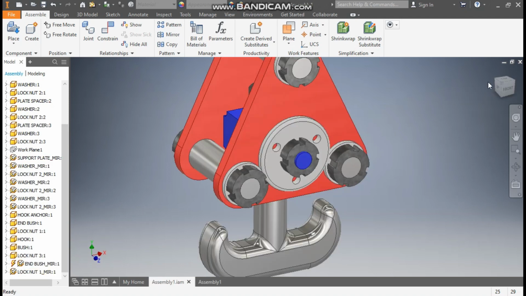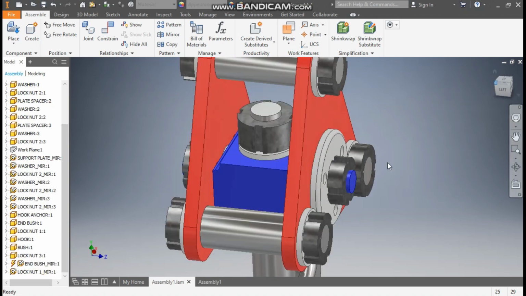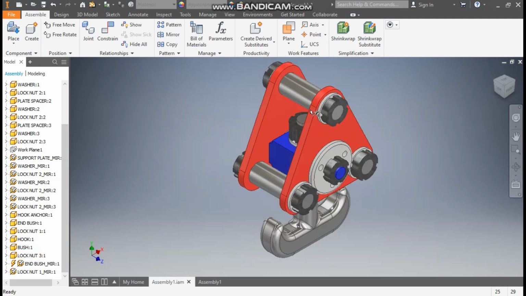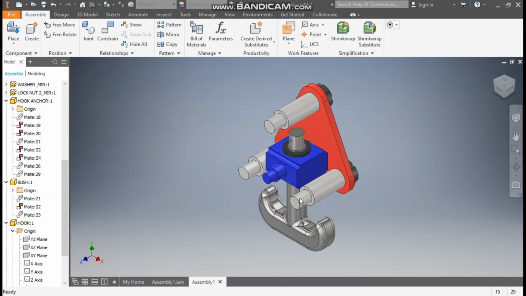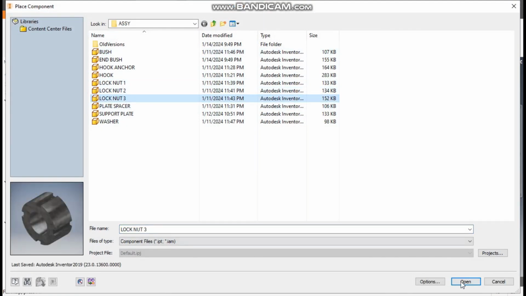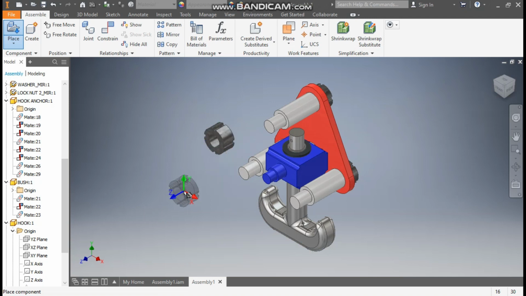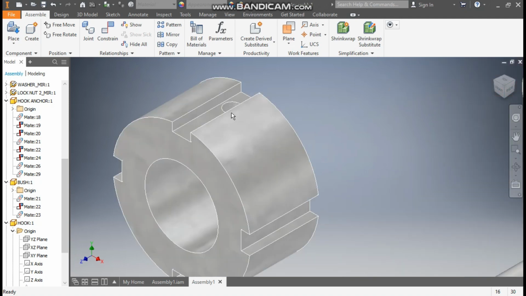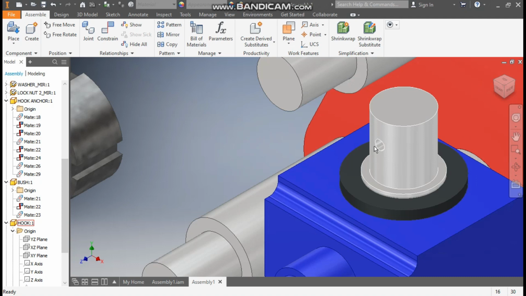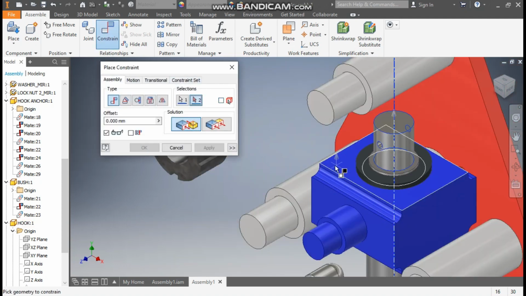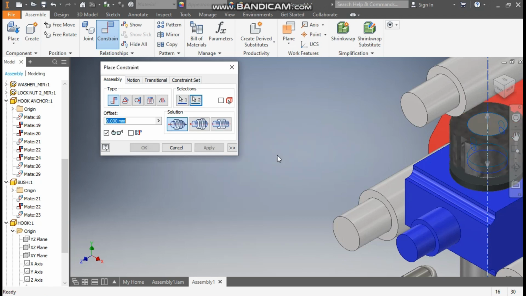Go to assembly. When I change this view, here you can see a lock nut is present. Okay, so we will assemble this also. Go to place, select the lock nut 3, open. This was the big lock nut. Escape. Here one thing we have to see, a hole is present here which will match with this hole. Okay, go to constraint, select this axis and select the center axis. Okay,